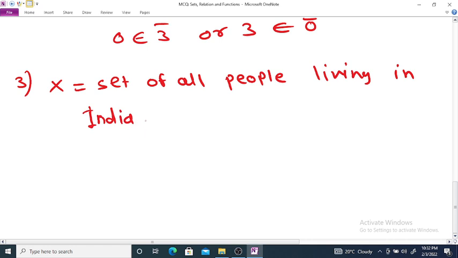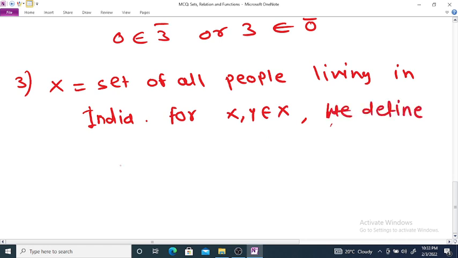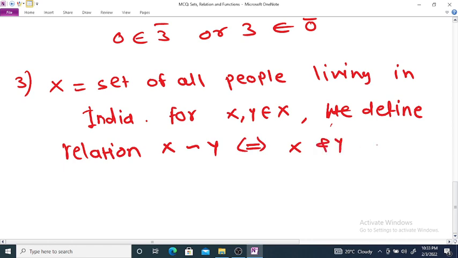And for x, y belongs in set X, we define a relation, x related to y if and only if x and y live within 100 kilometers distance from each other,